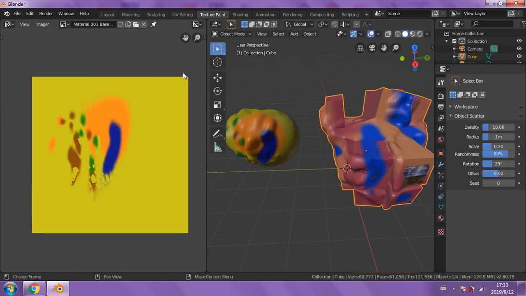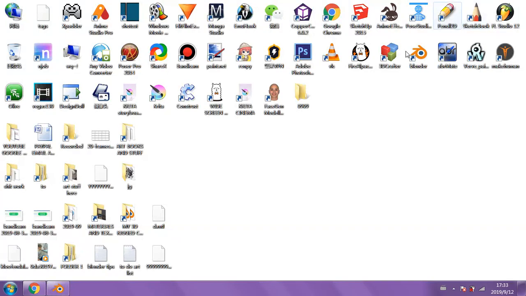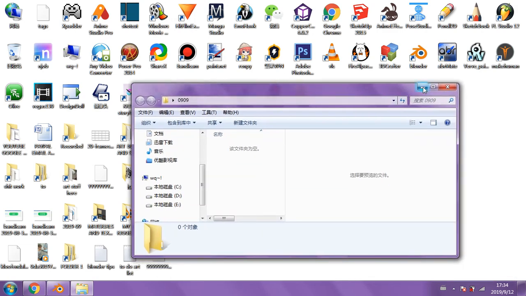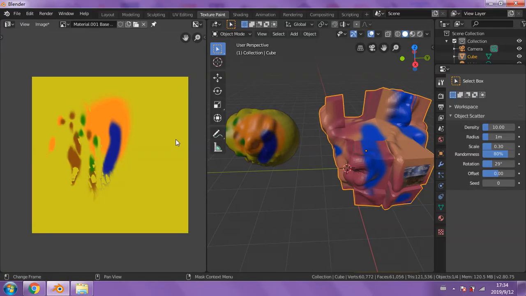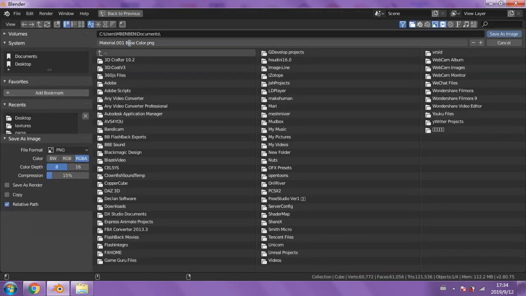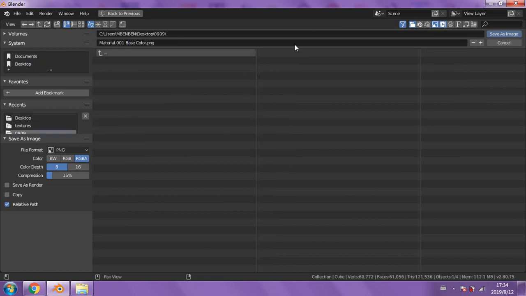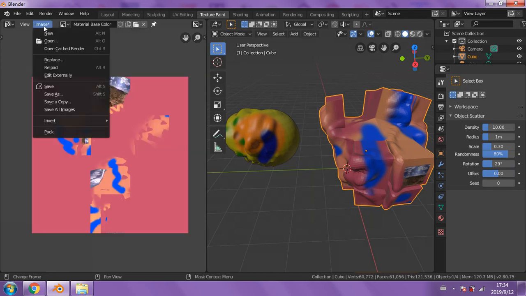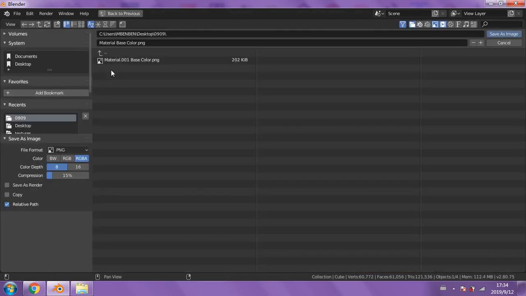Now what we want to do is save these two images out, and also the two objects as two objects, right? But what we also want to do is join them together, right? So currently I've got nothing in this folder, just called 0909. I'm going to show you how to do that really quickly. So we need to go to where it says image, okay, and I'm going to save these out. So save as, I'm just going to leave it as 1. So 1's the yellow one, save it into the place right in there. Save, okay, now we're going to choose the other one, file, save as,